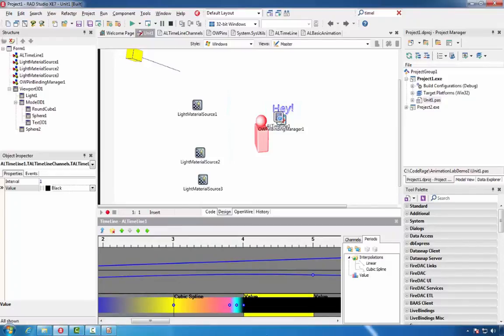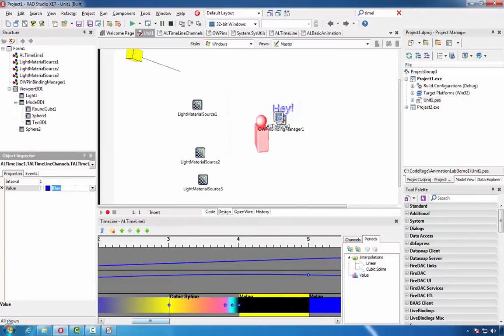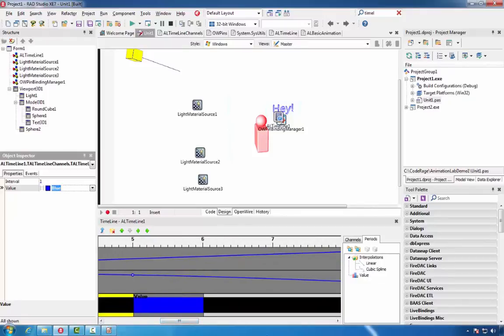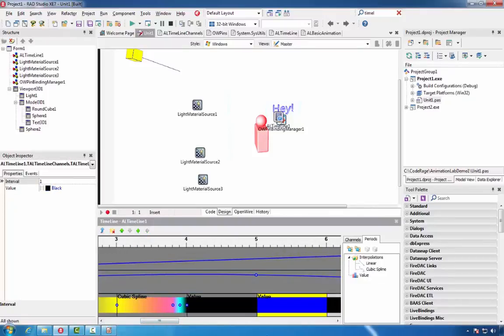For the first value, we'll select ending color of blue. We'll add one more value, and for the second one we'll set a color of red.